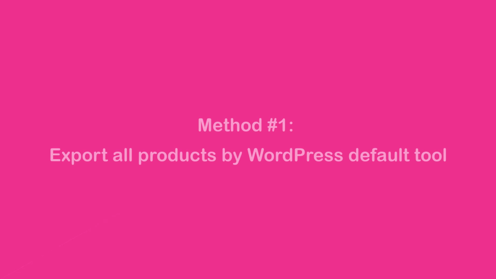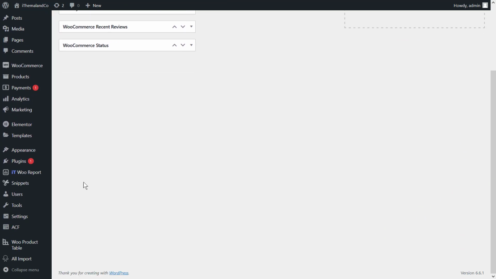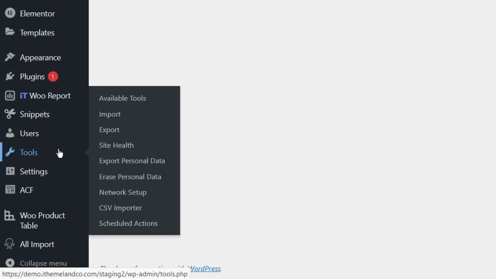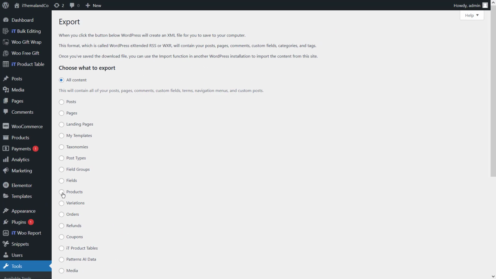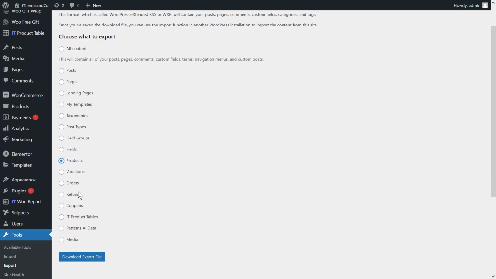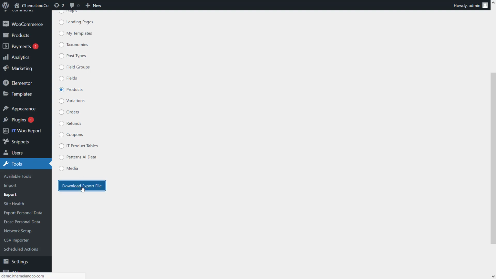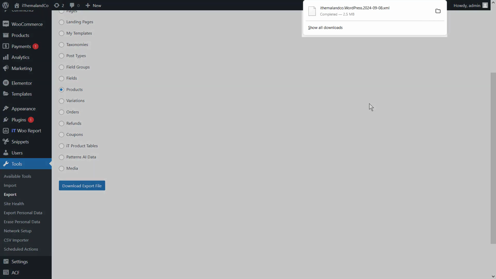Method 1. Export all products by WordPress default tool. In WordPress, it's possible to export all products by navigating to Tools and the Export tab. On the Export page, choose the products from the list and press the Download Export File button. By doing this, an XML file will be downloaded to your device, and you can use it to import products